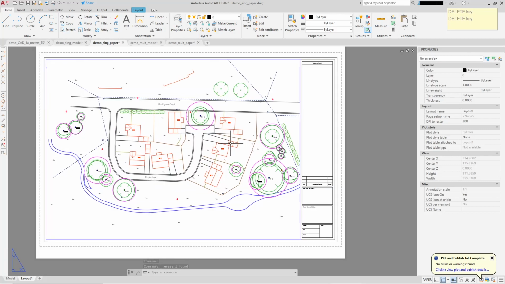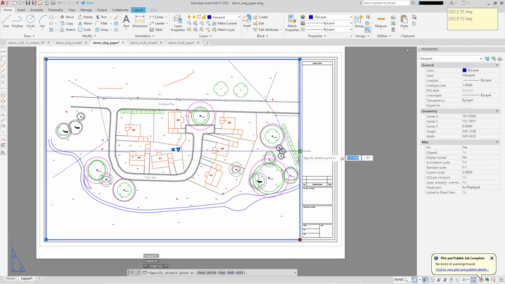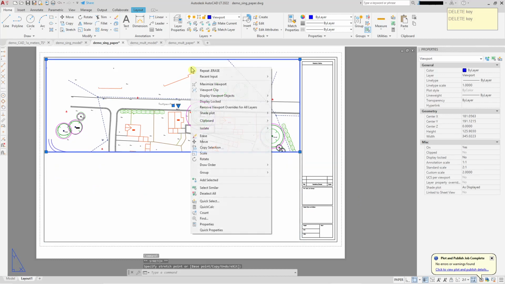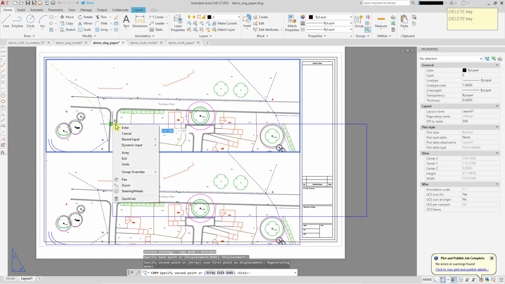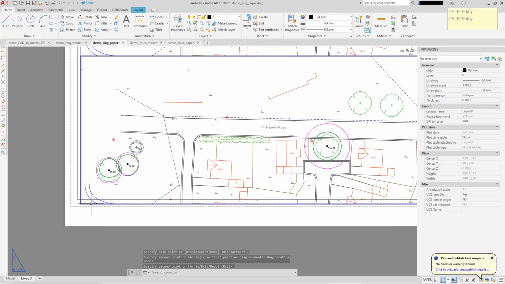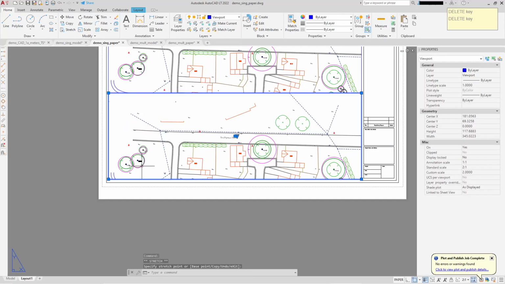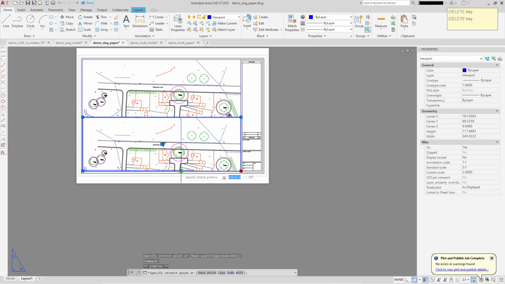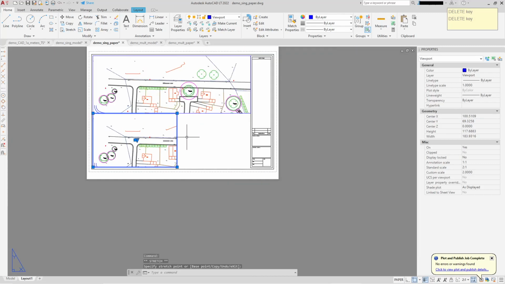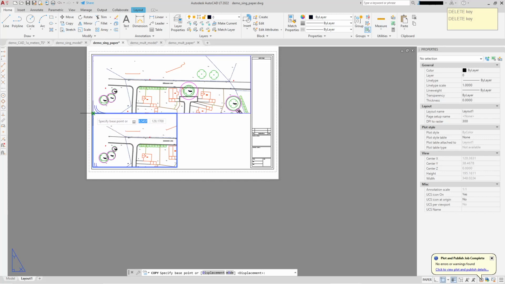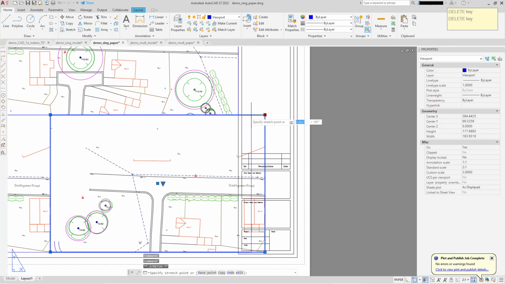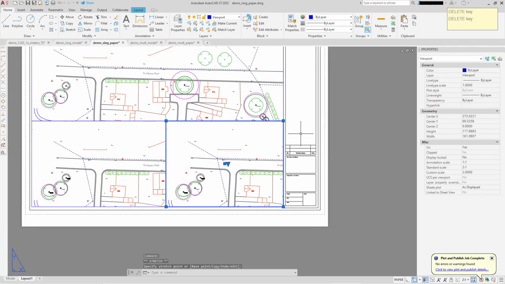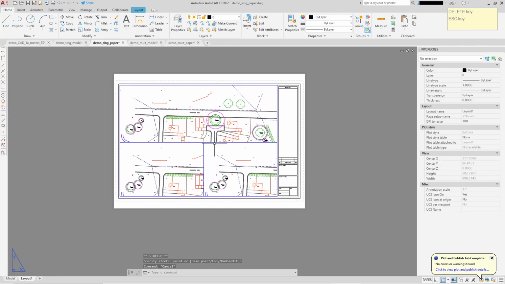Suppose I want to have 3 little windows on here. I could just resize that, copy it, resize that one. I'm just doing it roughly. Take a bit more care over this. Copy it again. Bring that back to there. So now I've got 3 viewports,